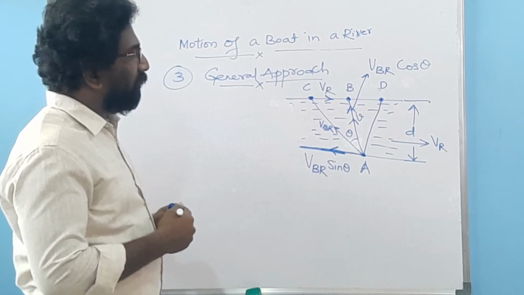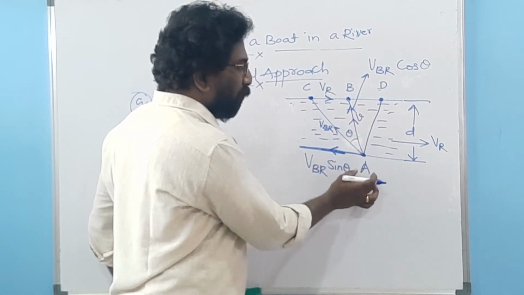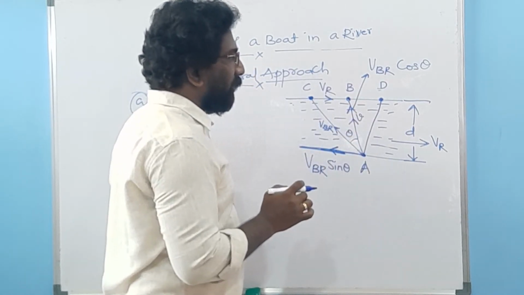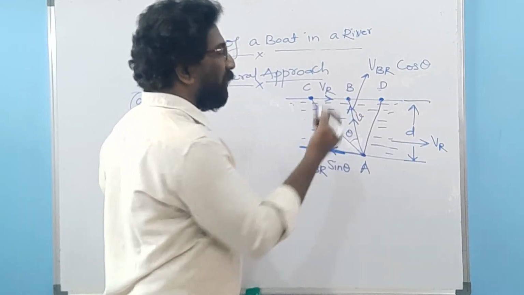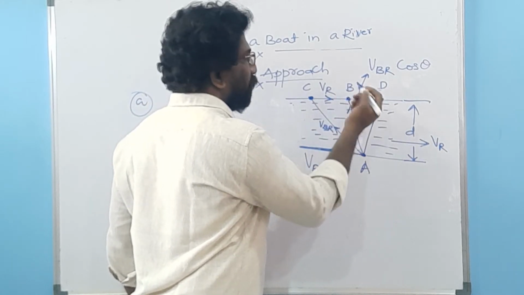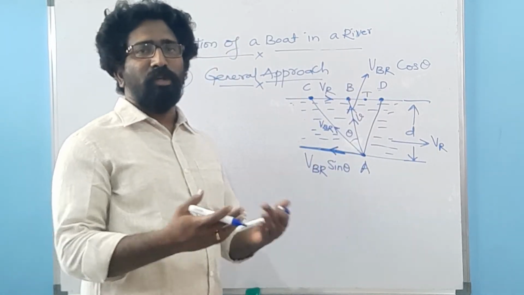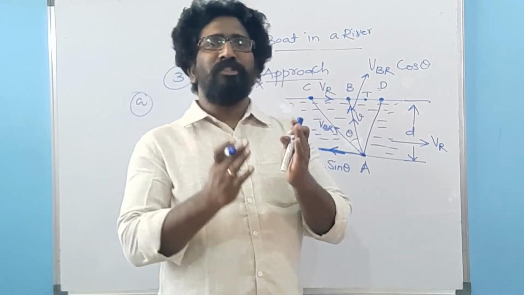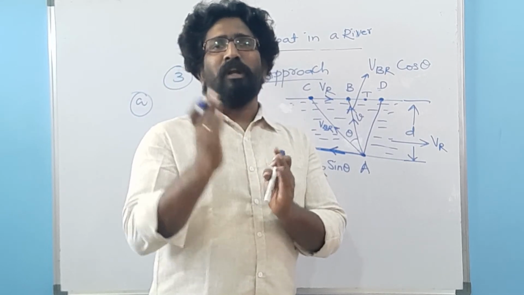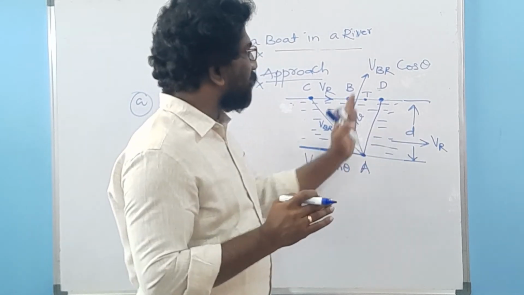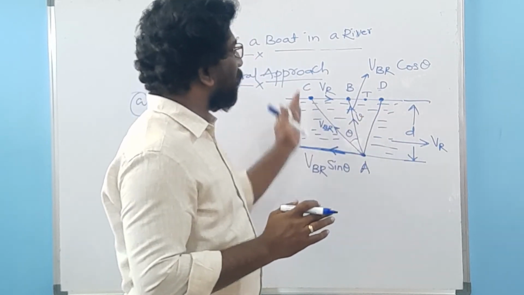See now, first one, we want our boat to reach from point A to point B, but here instead of the boat reaching point B, if it has reached some other point, let me consider the other point here, some point T. What I actually want to tell is that if your boat, instead of reaching point B, has reached the point T, meaning your boat has reached the right side of your destination point, it means that the velocity of the river is much greater than the velocity of your boat.